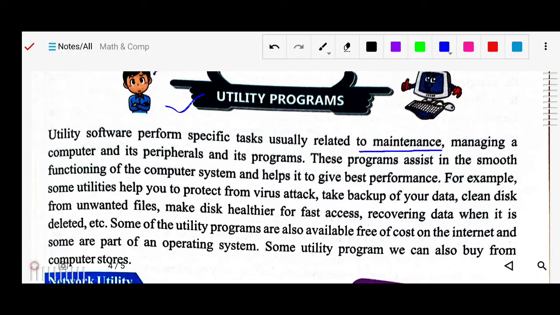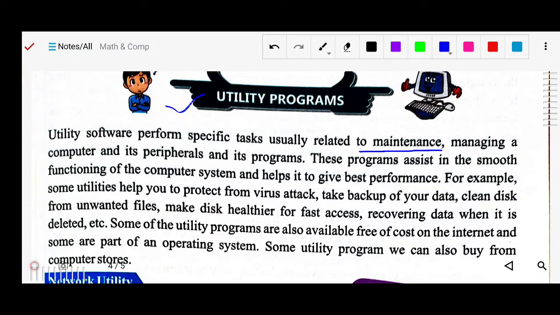Suppose any problems are occurring in your computer, or the computer is misbehaving. At that time, to rectify those problems and errors, we need utility programs, utility software, because it will maintain and recover the system, like antivirus. We will see about this in these utility programs.